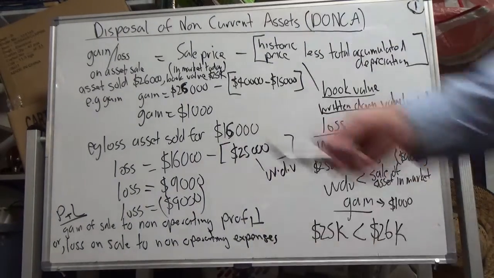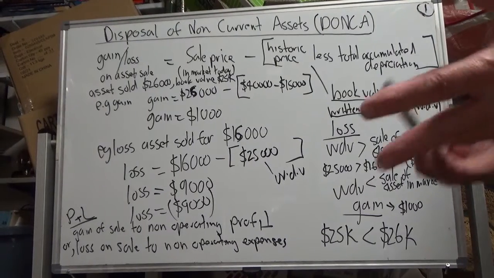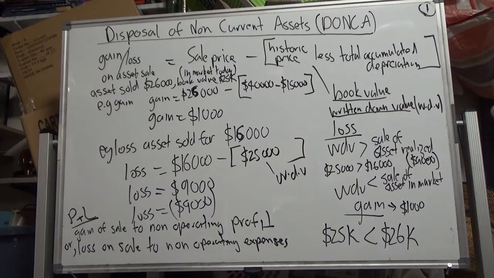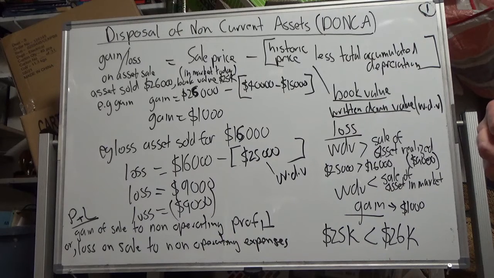DONCA is the acronym for disposal of non-current assets. What we mean is, what is disposal of non-current assets? It's when you sell a non-current asset, such as a tractor or a car, and you realise a price in the used market, and after that event has occurred, some general journal entries have to be written up in the general ledger. And first we'll start by working out if there's either a gain or a loss on the sale of